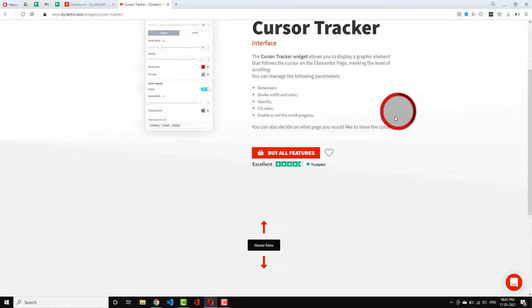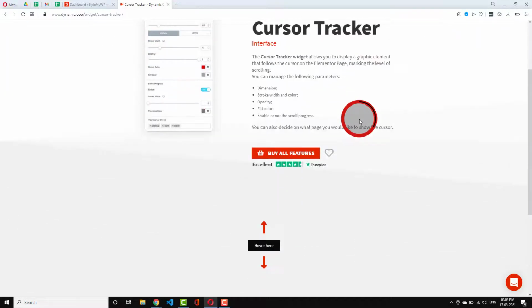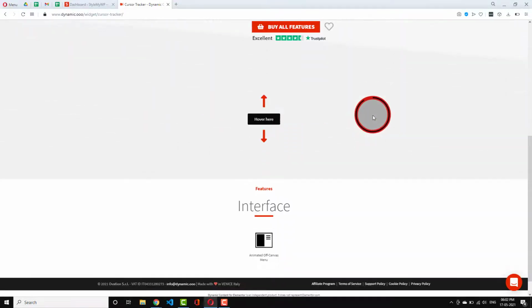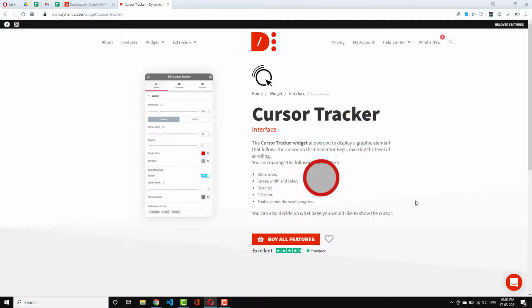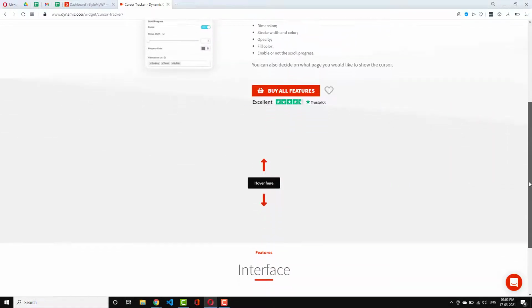And when you scroll down, you can see the progress. When you reach the bottom of the page, or the 100% of progress is done, then this progress bar will be 100% filled with the border. Or here you can see the animation for the scroll as well, and you can choose the border colors and sizing. You can make the hover effect like this, right? And you can change the opacity, you can change the fill color of this cursor tracker, and you can change the dimension. All those things you can dynamically control.